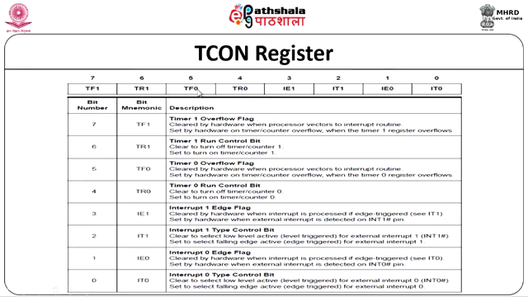So, by looking at this particular flag, I know that the overflow has occurred. That means it has counted the full count and now the overflow occurs. These 2 bits are for timer 1: this is to start and stop, this is for indicating timer overflow. So, these are the 4 bits which will be very useful when you are looking at your timer controls.